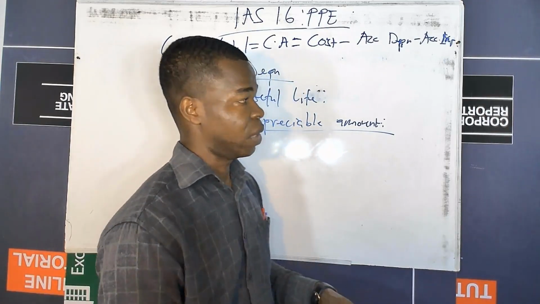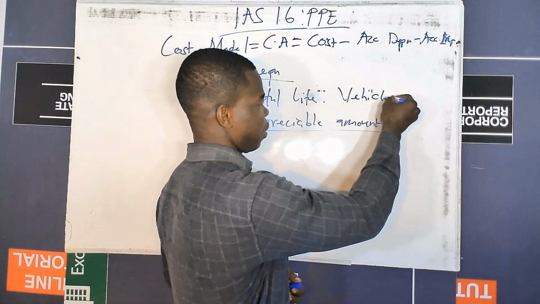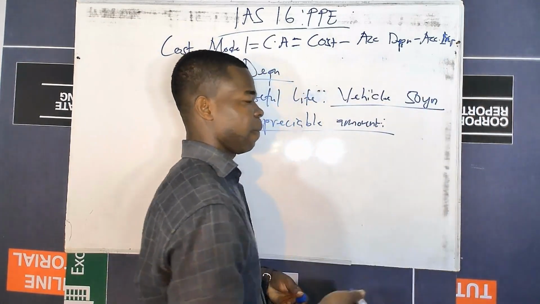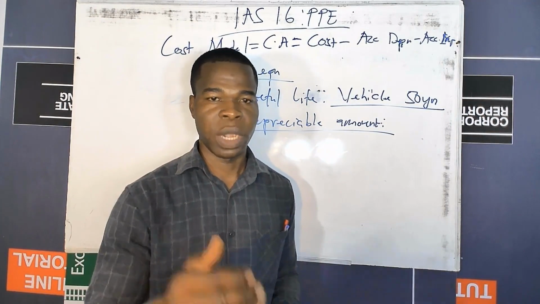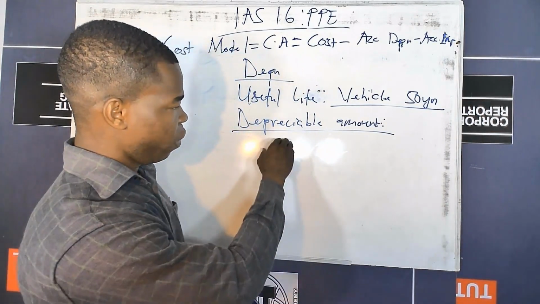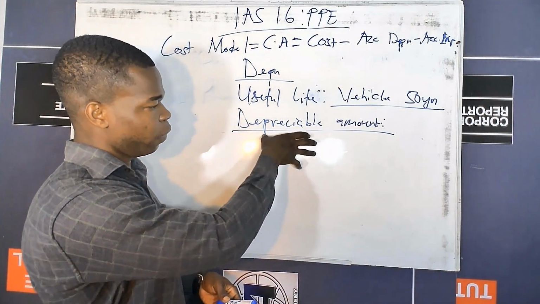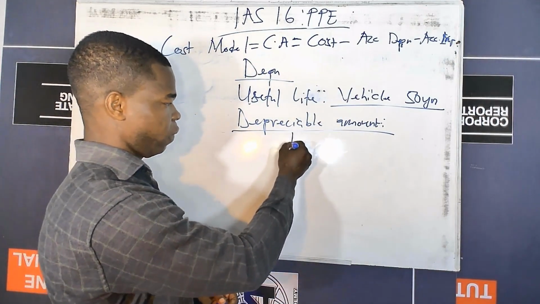Sometimes we buy a vehicle and say that the vehicle will last for maybe 50 years. These are estimations that mostly the management of an entity will carry out. So we've also seen another keyword over here. If you want an example under the depreciable amount, let's say the cost of an asset